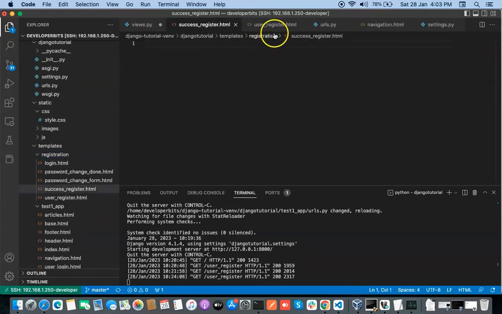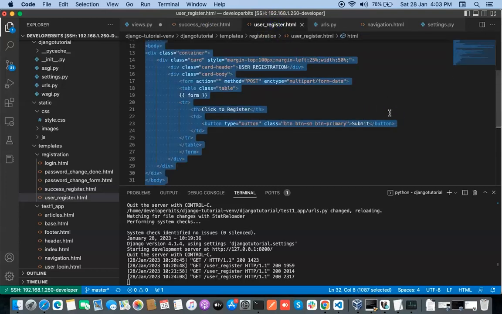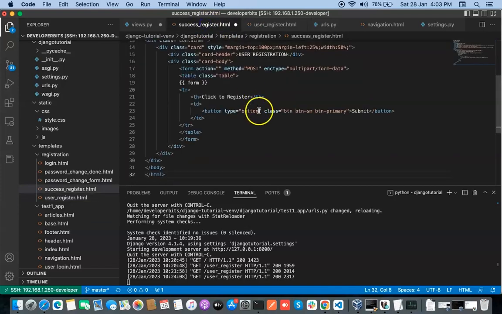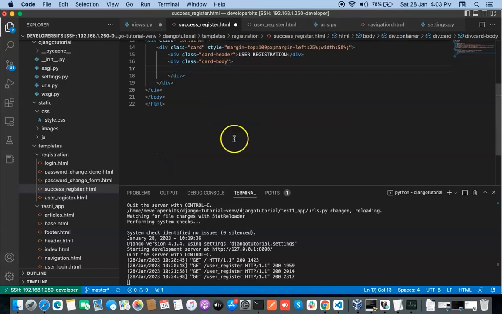and let us copy some HTML here. Let us copy this one, and let me modify this one. So we don't need this here, and we will put here user registration success, and we shall give a message here,